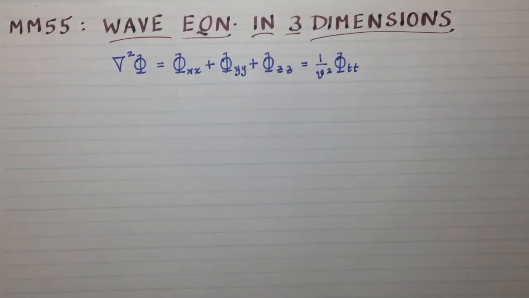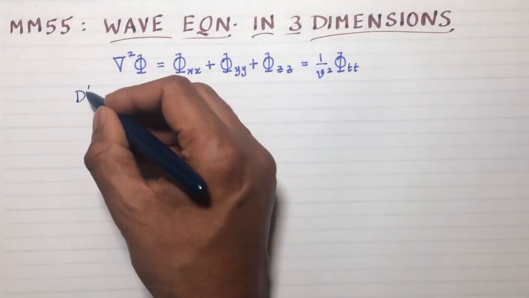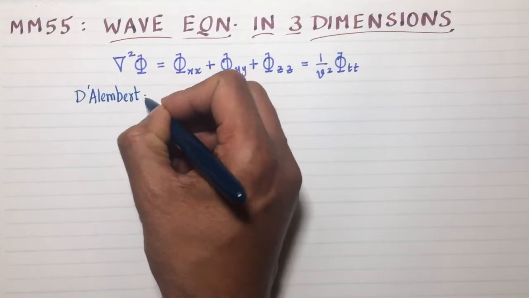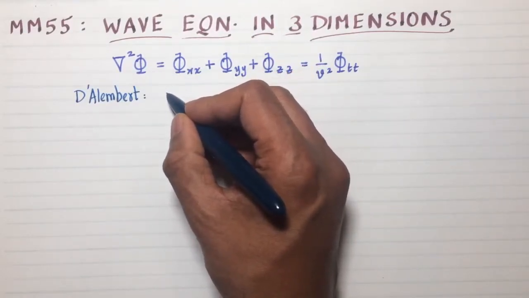There are two kinds of waves that satisfy the wave equation. Waves in 3 dimensions that satisfy the wave equation can either be traveling waves or standing waves. So if the waves are traveling, then D'Alembert showed that a 3-dimensional traveling wave has a solution